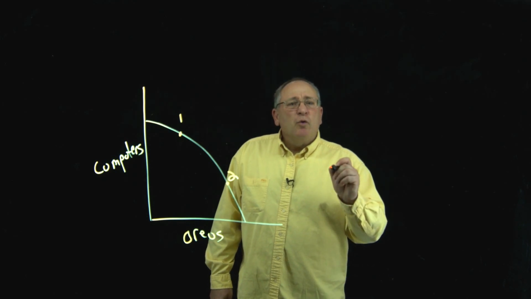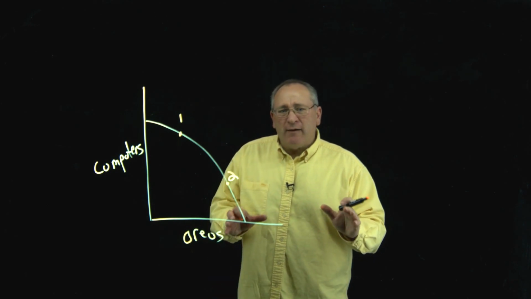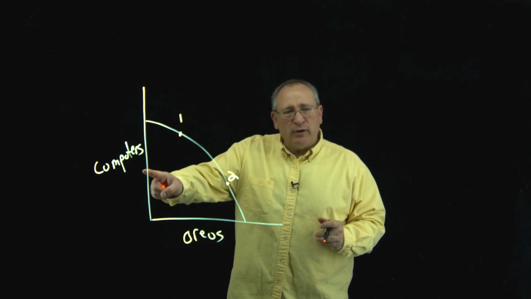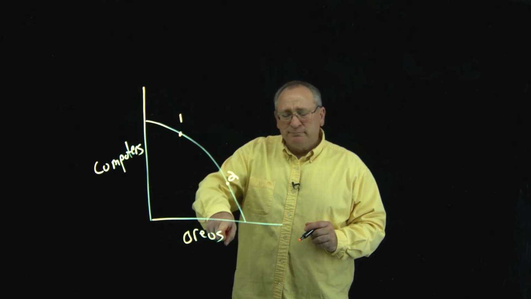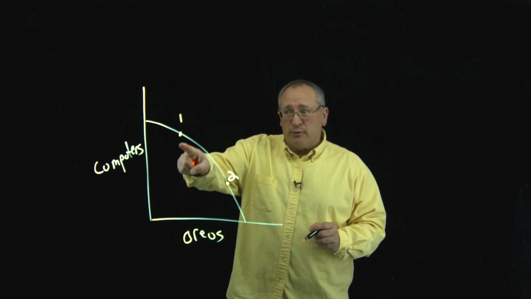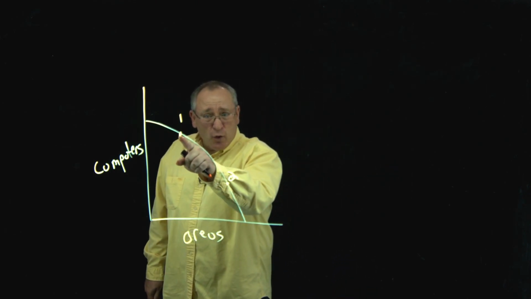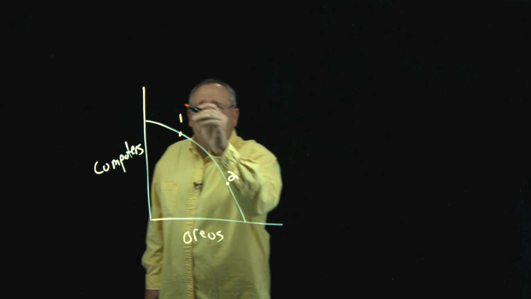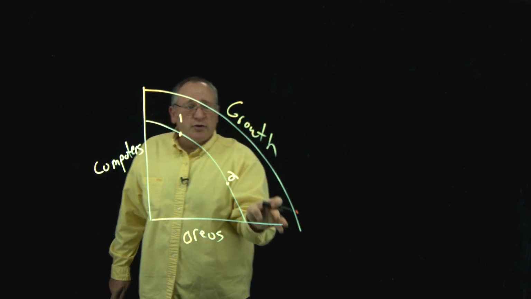Which of these should we position ourselves at today if we want to have the ability to produce more goods and services tomorrow? And I think it's very easy to draw a conclusion that computers would help us produce more goods and services tomorrow, and Oreos are just going to cause more diabetes, right? And so let's try to produce more computers and position ourselves at point 1. Now, if you remember, going to point 1, we give up some Oreos to do that, correct? But being at point 1 allows our production possibility curve